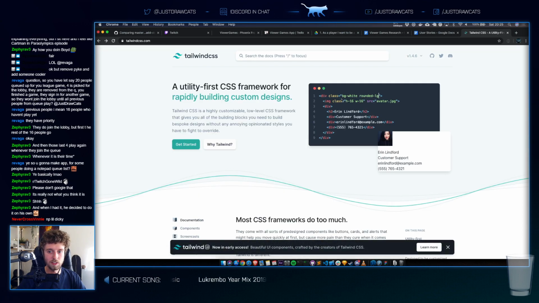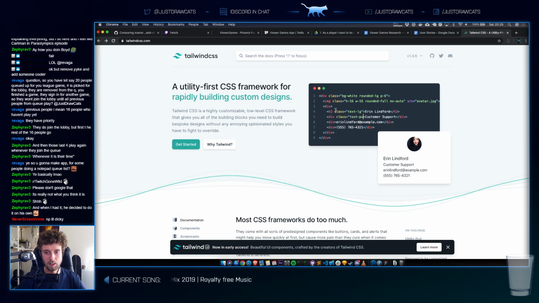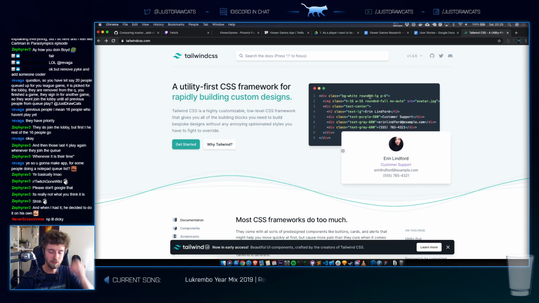It's basically whatever UI you want to build, you have utility classes that you can just add to your UI. It's a set of classes you can use anywhere, and it's not super reusable, but if you build smaller components out of this, it literally tells you what you're doing.